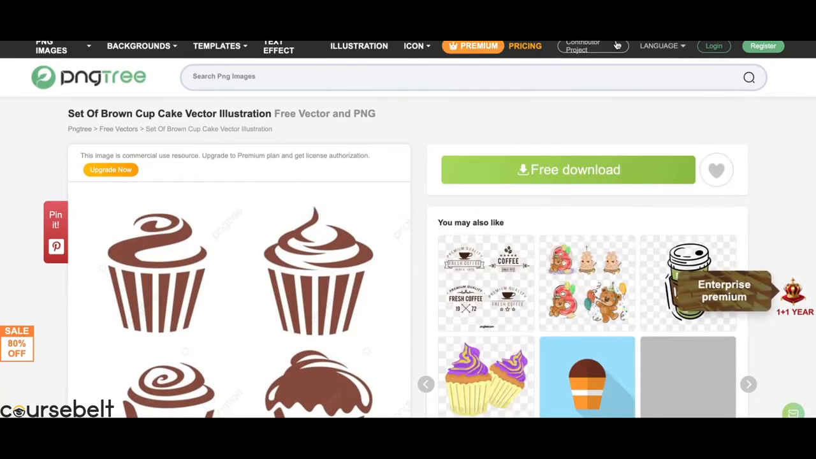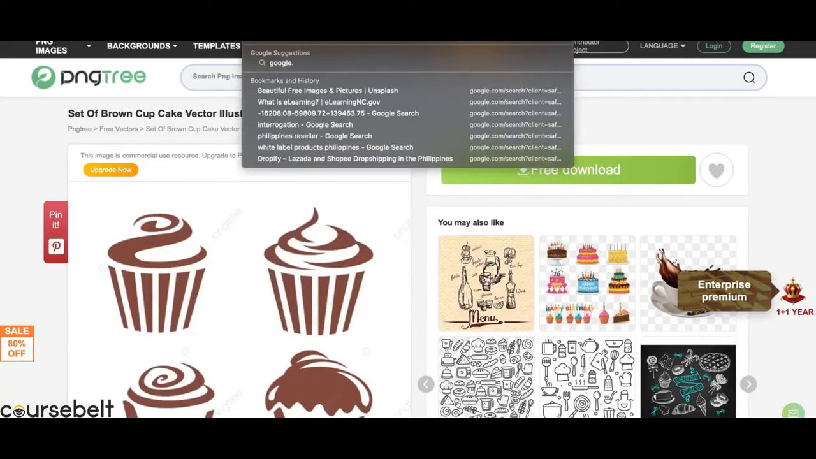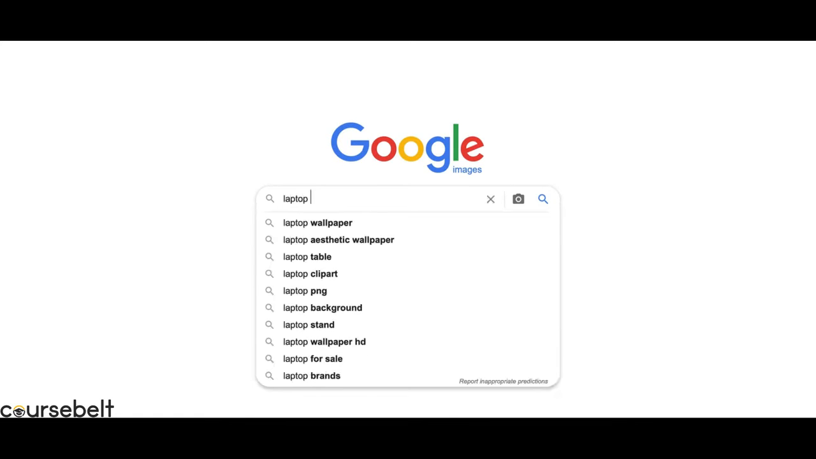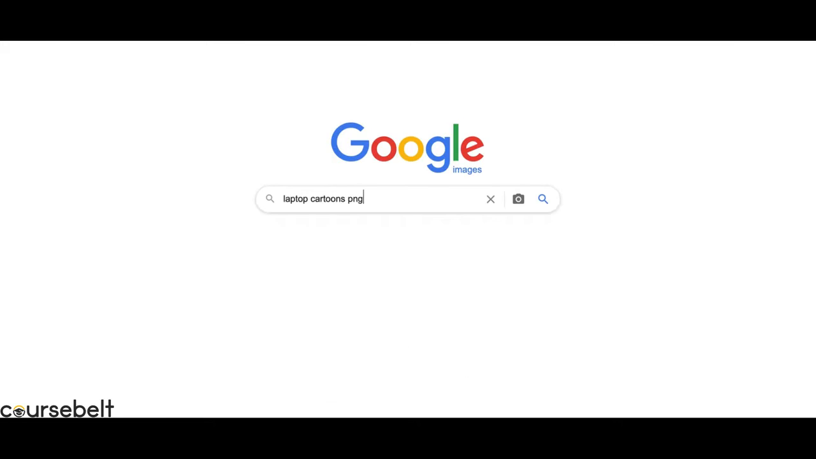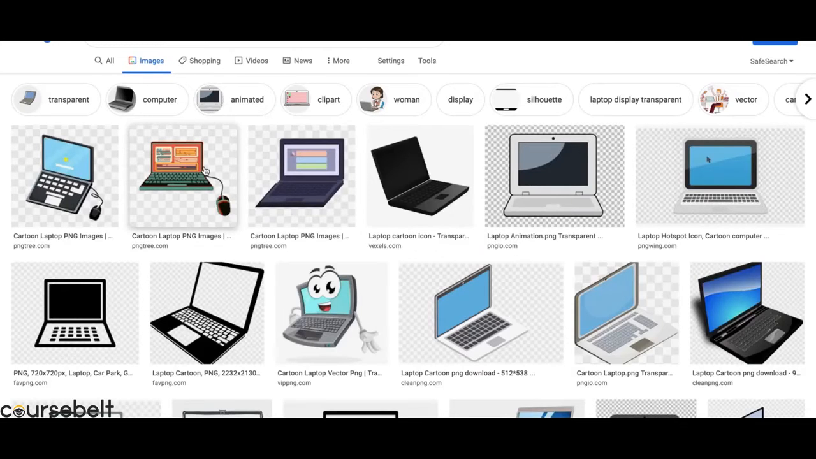So if what you're looking for is not here, you can always go to Google Images. So let's say you go to google.com and then you go to images. And then let's look for laptop cartoons PNG. So you see